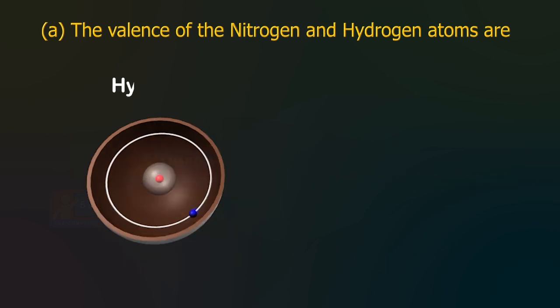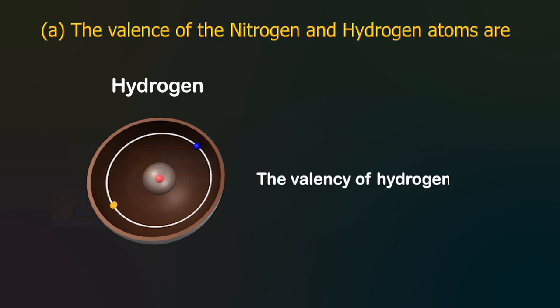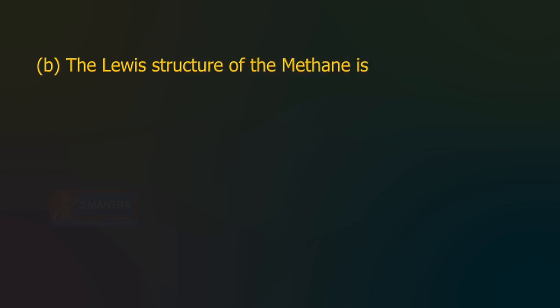In the outermost shell of hydrogen, there is 1 electron. To get the octet electronic configuration, it requires 1 electron. The valency of hydrogen atom is 1. B. The Lewis structure of methane is represented as: